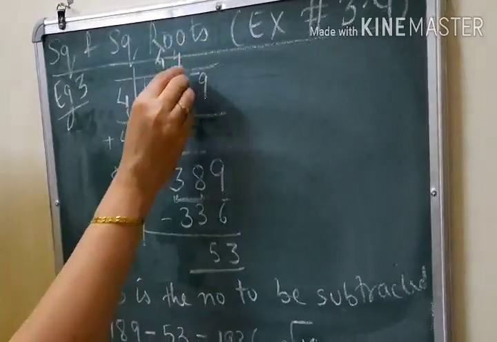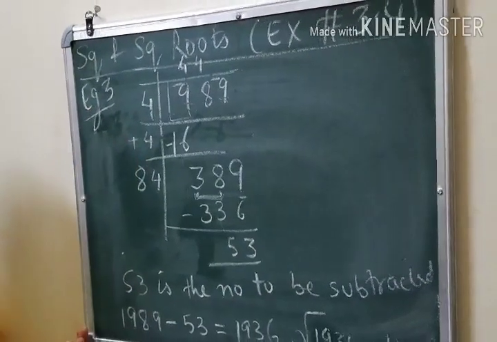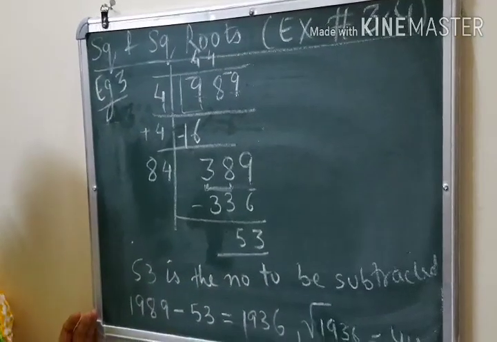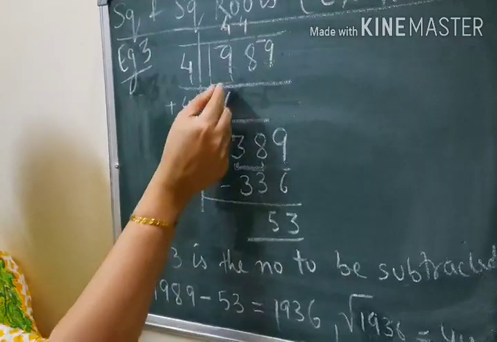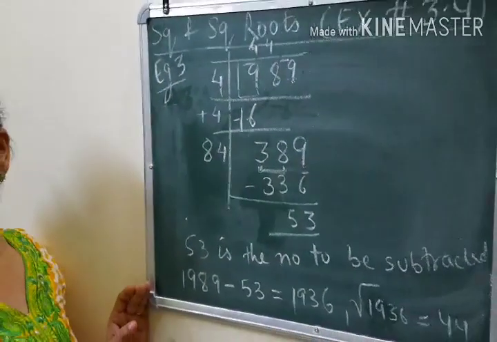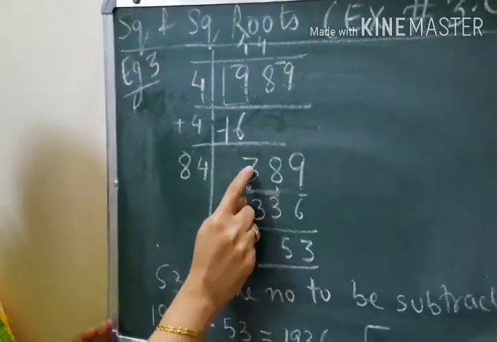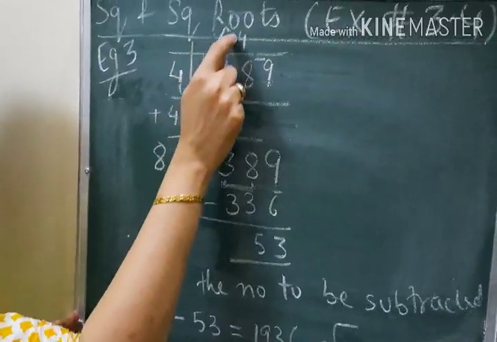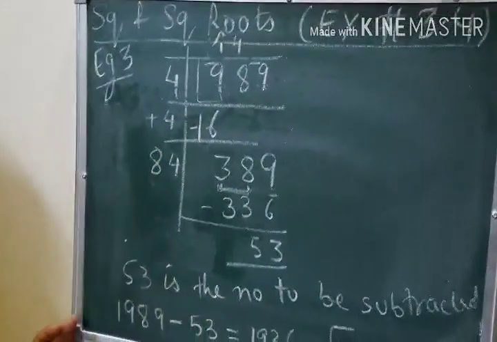So first, we'll make the pairs. After making the pairs, 19 is the number. I told you, you have to just learn a few perfect squares. Just now I wrote them here. So you have to learn those perfect squares and you have to see which number closer to 19 will come here. It is 16. So 4 4s are 16. Subtract it, 3 and note down the next pair. Then I told you that whatever number you write here, that number is to be added. So 4 plus 4 is 8.